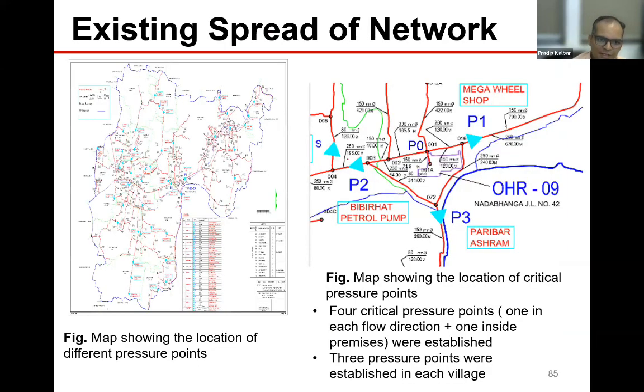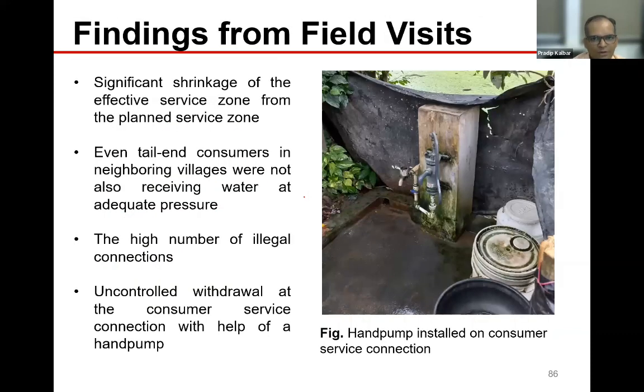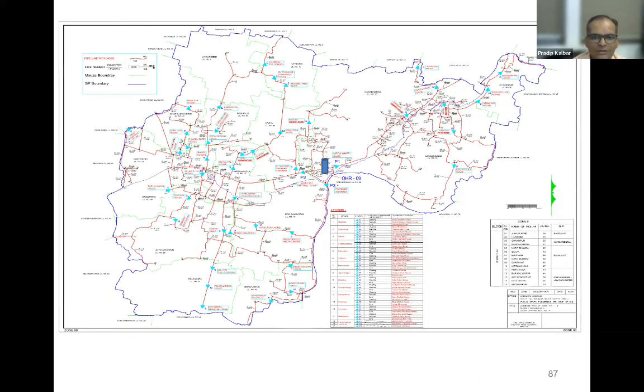So we monitored the entire system. You can see the number of pressure points we took. We monitored what is happening. Even using the hand pump, people were not getting water. They used to struggle a lot. So the reservoirs are here. Another issue was the planning. The entire planning was not correct, because this entire region was planned on one single 9 lakh liter capacity. So you can imagine how far water can go.